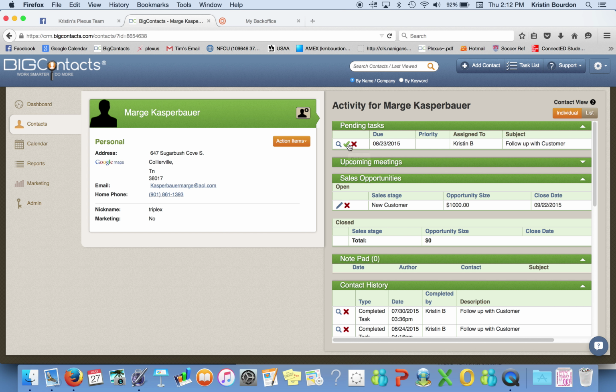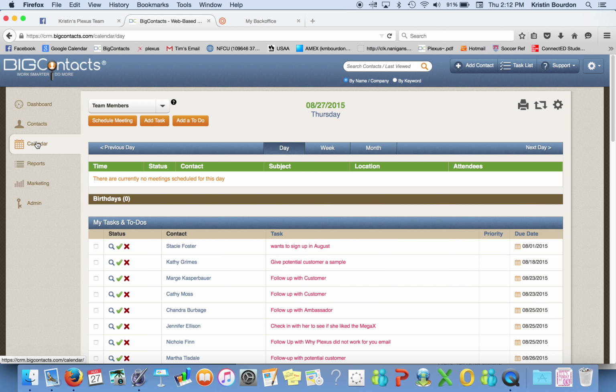Then I can check off the pending tasks that I had for August 23rd that says follow up with a customer. So I could check that off. I'm going to do something different with March, so I'm going to leave that there for now. But once I'm done with each person, and you can fly through these pretty quick,